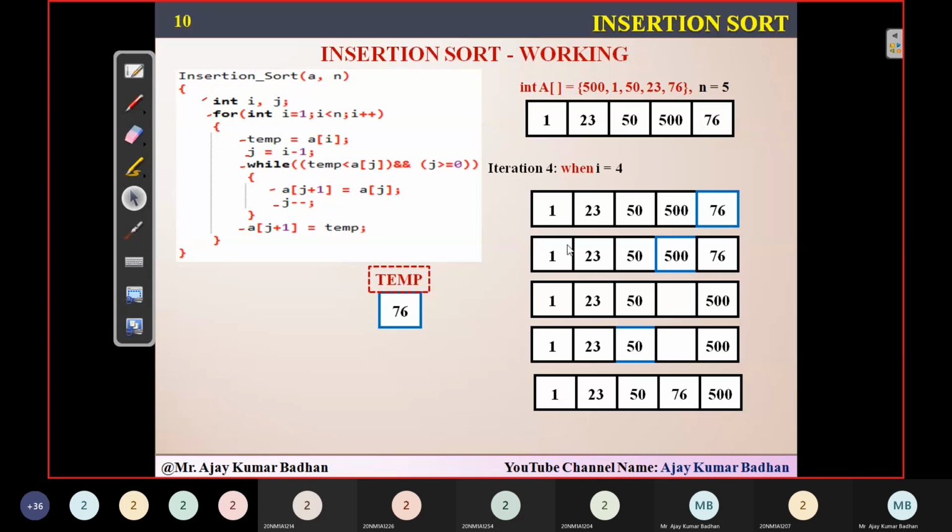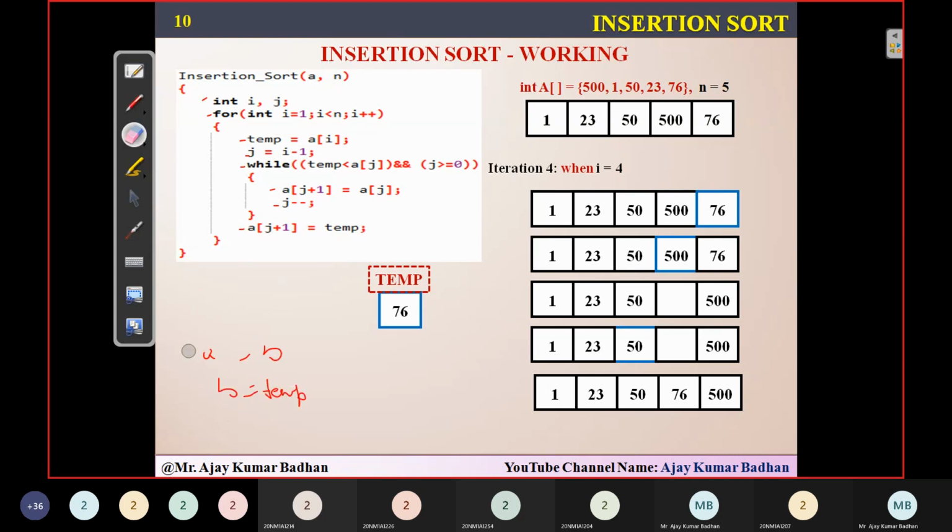This is in-place, because why I'm calling it in-place is I'm using only one temporary variable here, and remaining all I'm doing within this. I'm not using any auxiliary variable to change. Like when we used to do swapping in bubble sort, we used to do temp equal to something, then a equal to b, then b equal to temp, something like this we used to do.